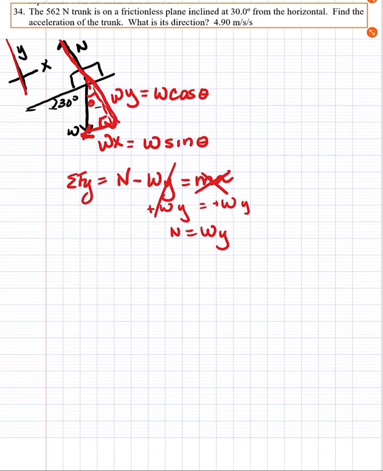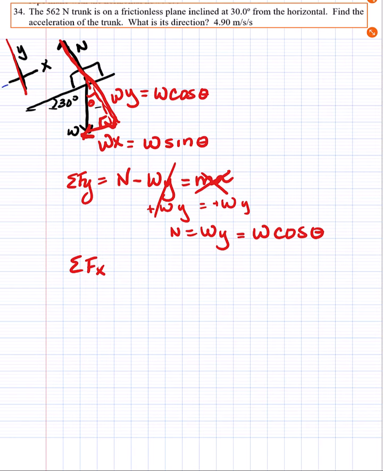If you notice, n is no longer equal to weight. It is equal to wy, which is weight times cosine theta. It is only equal to a component of the weight, not the full weight. This is why it's easier to push or pull objects up and down a ramp, because we don't apply force to the entire weight. If I write a sum of fx equation,